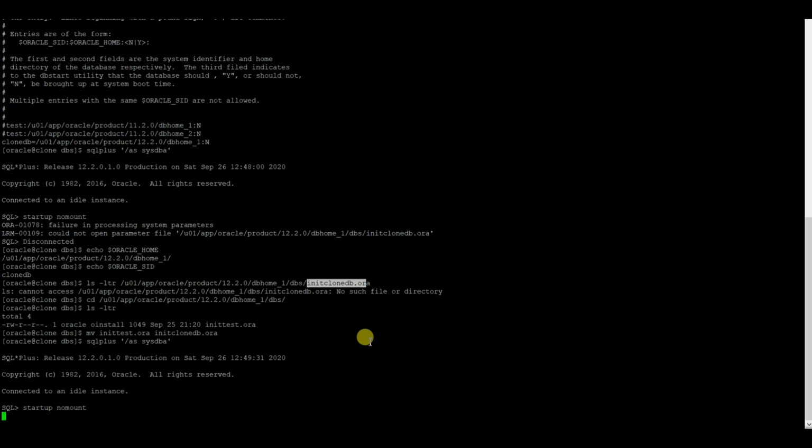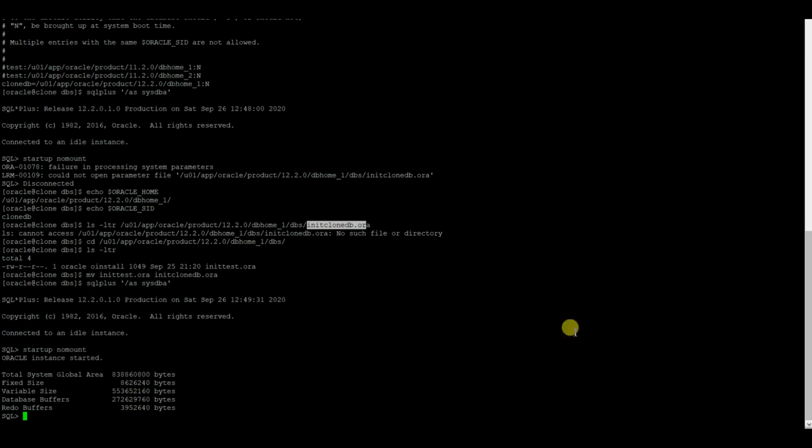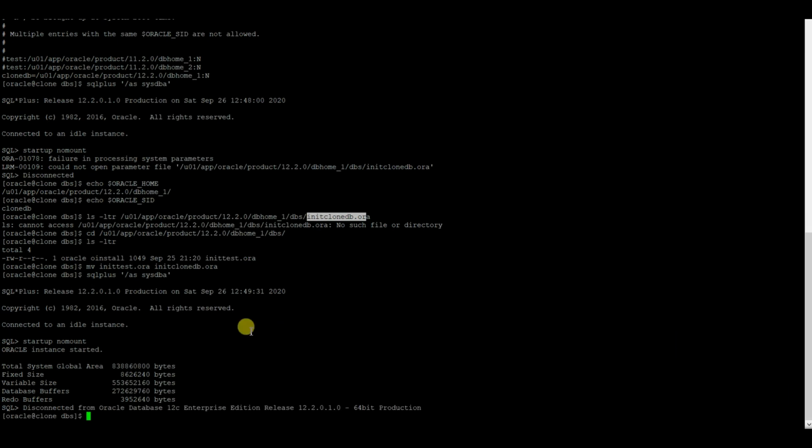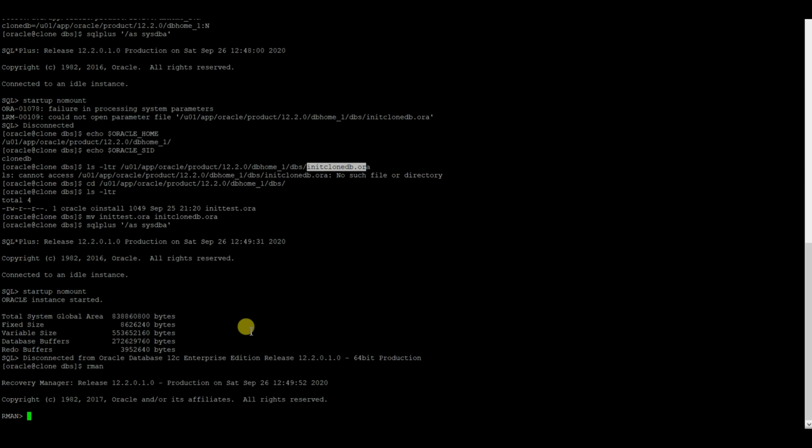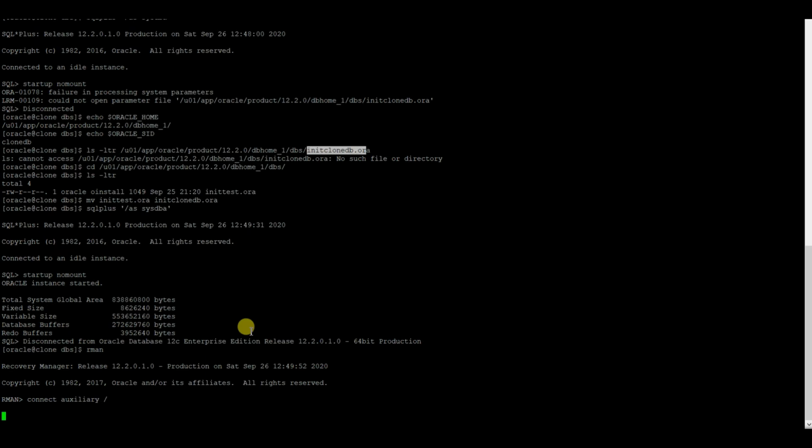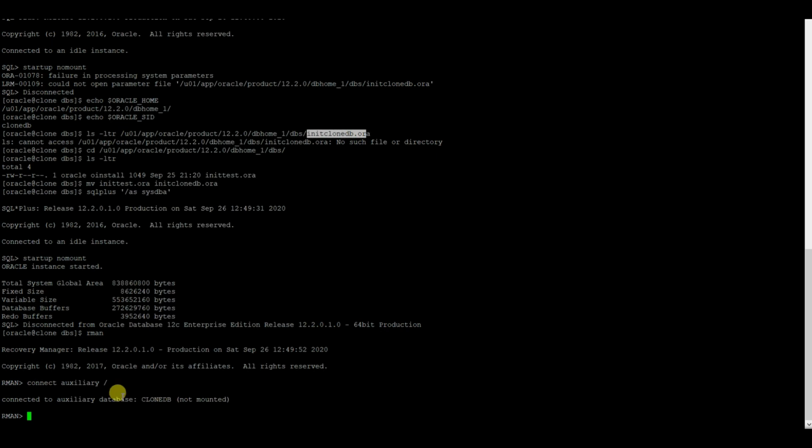It will be the instance which will be started in no mount mode. So this is done. Now we need to log into RMAN. We have logged into RMAN and we need to connect our auxiliary instance. So you can see it connected to our auxiliary instance CloneDB, which is in not mounted mode.